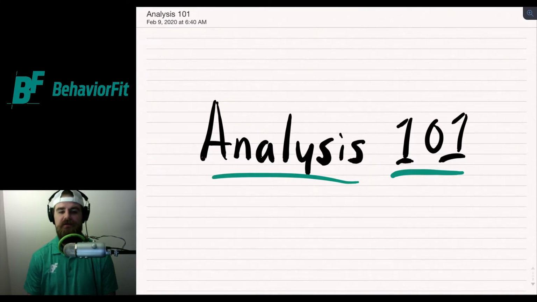So now I wanted to first talk about analysis because it's the key to many of the things that I've been discussing on previous episodes when it comes to functions of behavior, when it comes to looking at what labels we're using. Really, when it comes down to it, we're all analyzing our behavior to some extent, and really, this is the magic of applied behavior analysis, right? It's in the name, right? It's the third part of it. So analyzing behavior is super important, and how well we do it is really going to determine how successful our fitness programs are. So really this episode is called, Analysis 101.